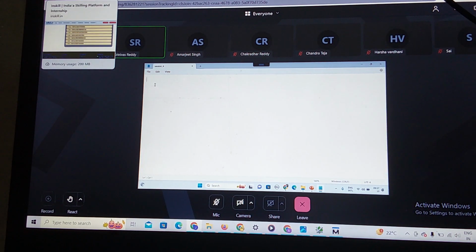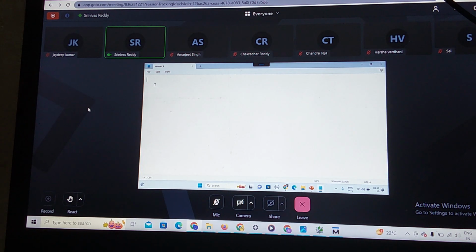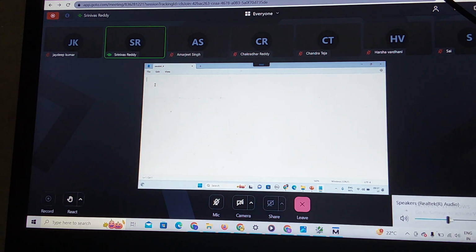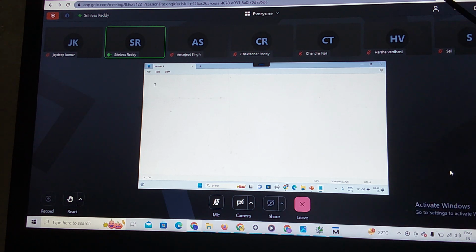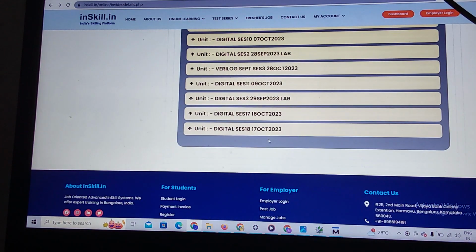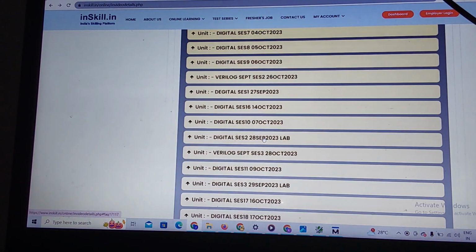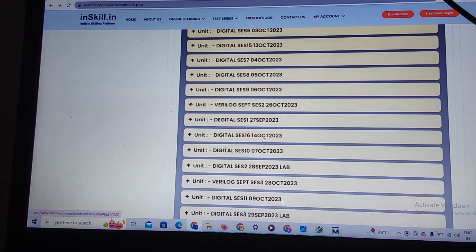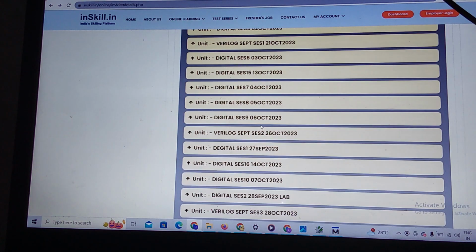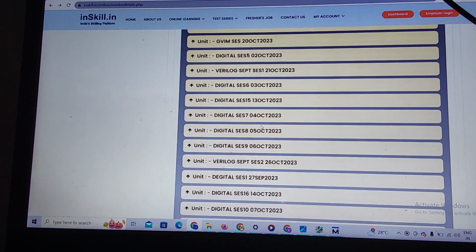We started with some lexical convention of the Verilog program, right? We started with number representation, positive number representation, negative number representation. We talked about strings, how to print a string, what is a string, then what is the use of underscore and question mark in Verilog programming. Then we talked about